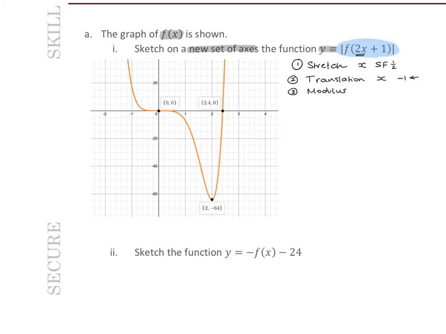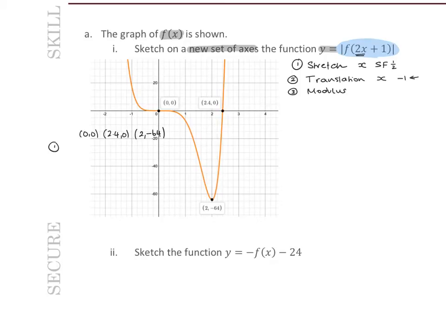Now remember what we said about using the coordinates. We're going to use the coordinates here and see how we get on. So we have three coordinates. We have 0, 0, we have 2, 40, and we have 2, minus 64. And we're just going to treat each of those individually. So number one